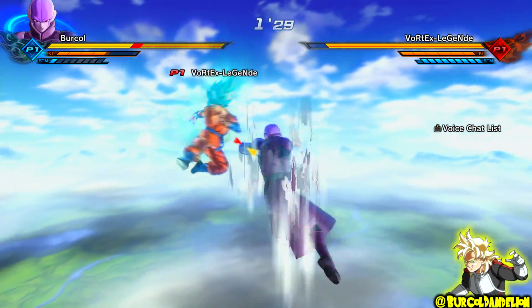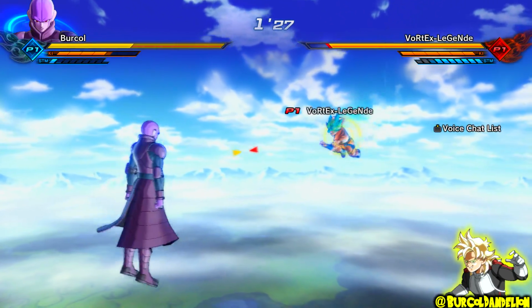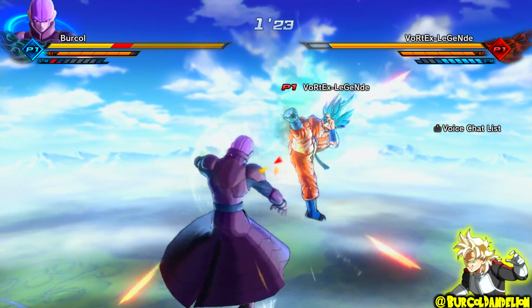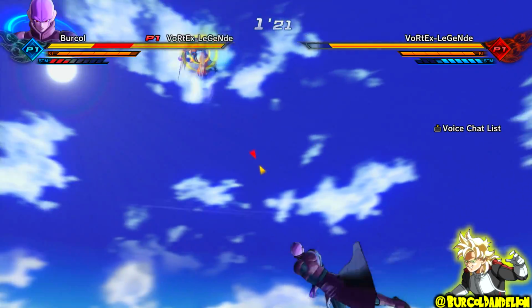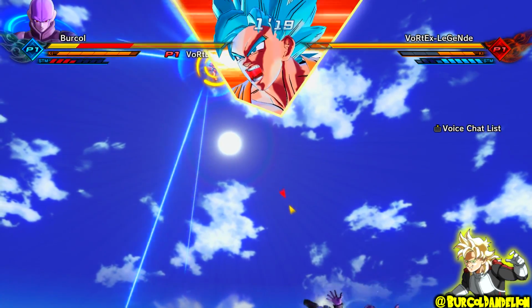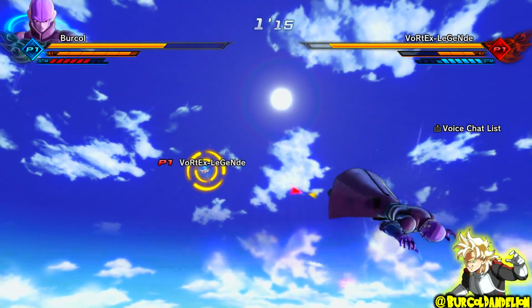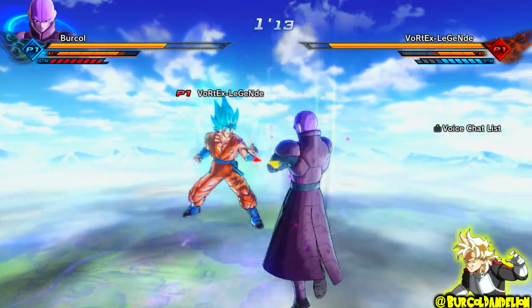My character randomly turns around there, which is fantastic, so I have to vanish. I just got a perfect block off there, and then he gets me with the stamina break, and that's not really too much of a big deal, just because of how much health I had beforehand. I mean, sure, that Super Kamehameha there did suck, but I'm just thankful that he wasn't in the Zenkai boost